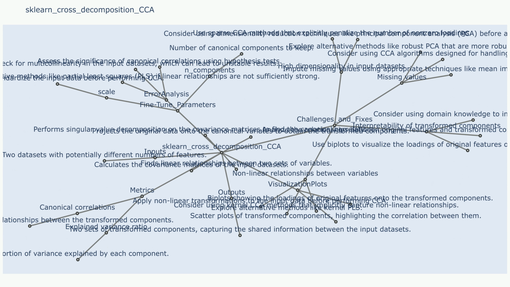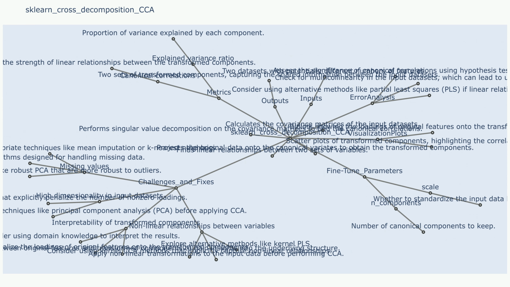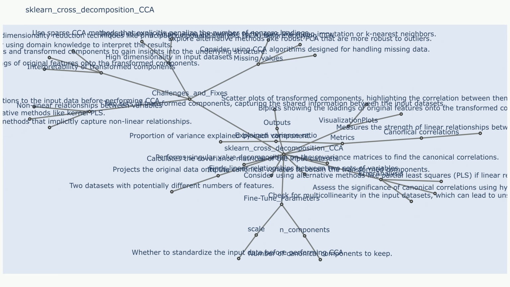Feature selection can be applied to the input data sets before performing CCA, reducing the number of features and improving computational efficiency. Challenge 2: explain in detail nonlinear relationships between the data sets may not be adequately captured by CCA, which is a linear method. Sample use case that resulted in Challenge 2: